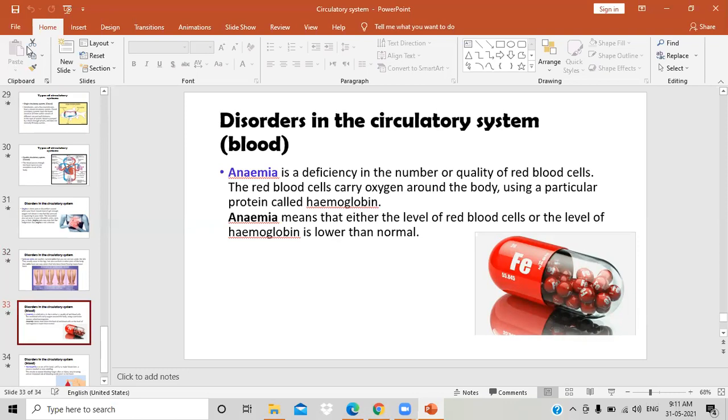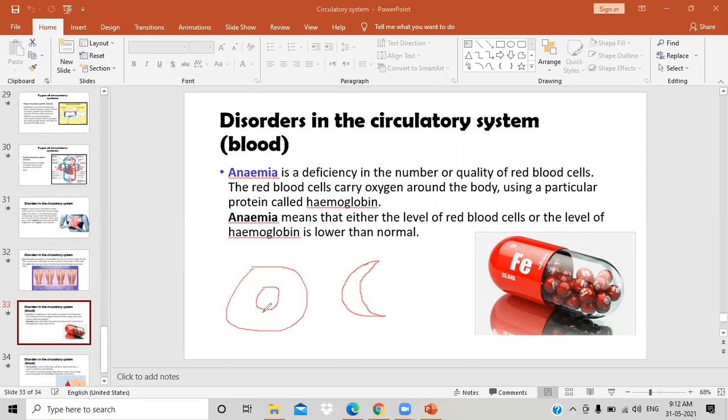Some other people have a kind of anemia where their red blood cells actually look different. Can you believe this? Some people with a certain type of anemia called sickle cell disease have red blood cells that look like a crescent, like this. Instead of looking like a round pillow-like structure, it looks like this.